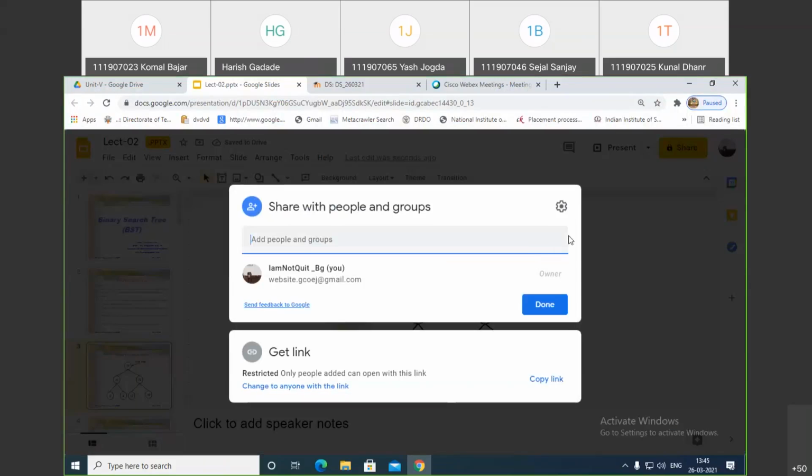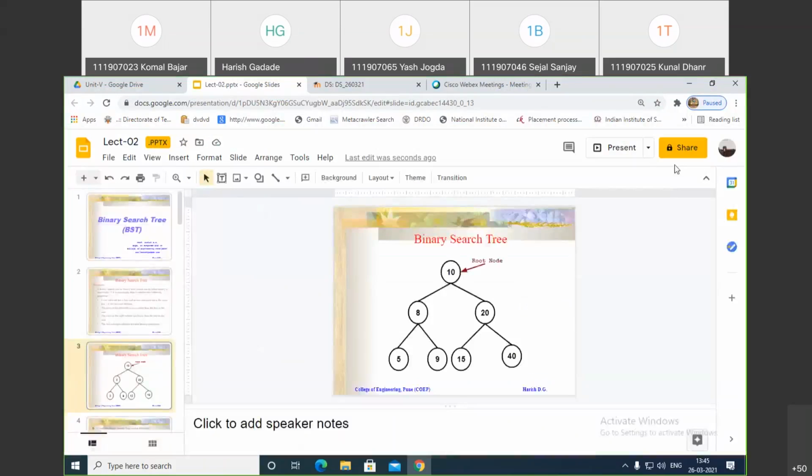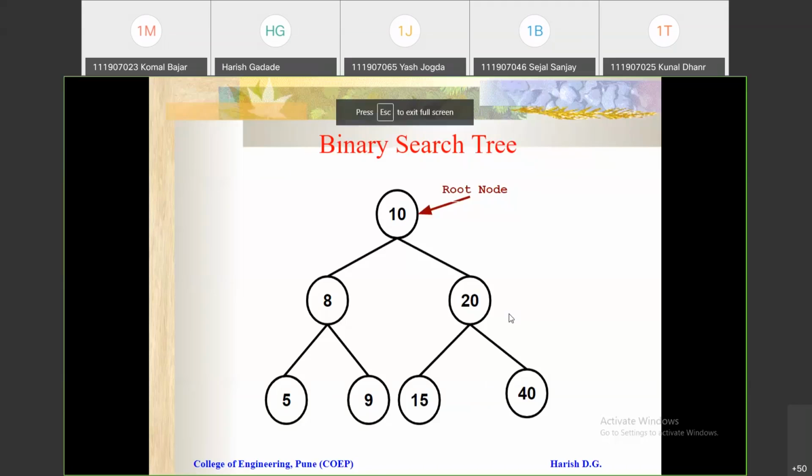Sorry. So if you consider this 20 as a root, then the left subtree should have smaller values than this 20, and whatever is the right subtree of this 20 should have greater values than this 20. So this complete tree is a binary search tree.